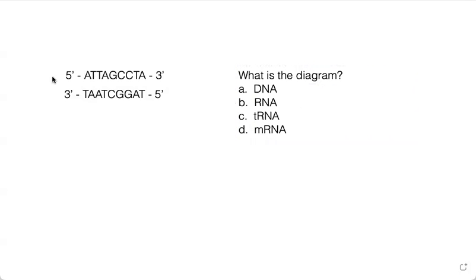Right off the bat, it's double-stranded. So you know that it's got to be DNA. Now, how would you know if it was RNA? So can I do color format? All right, cool. If I had something like this,